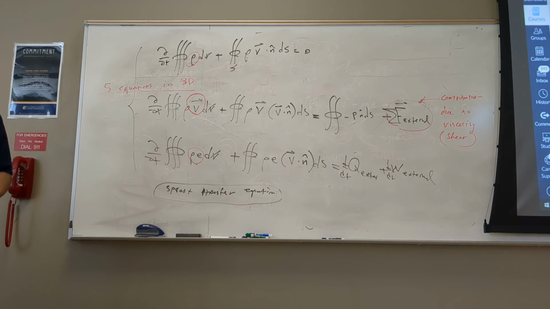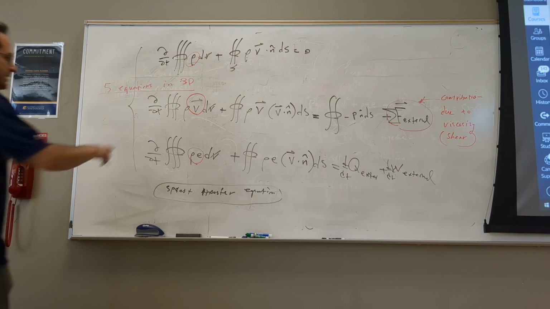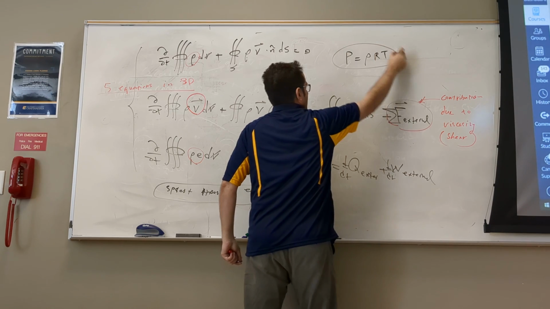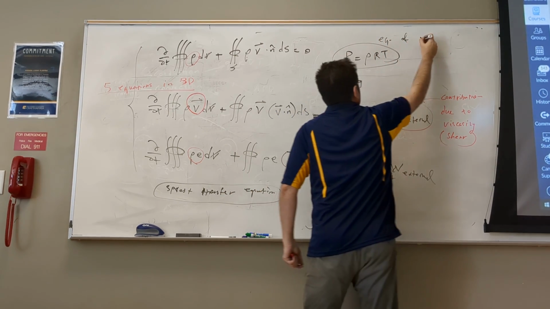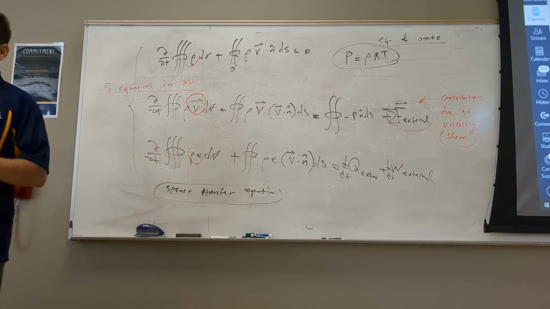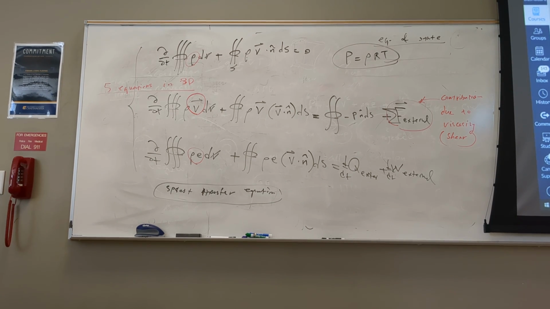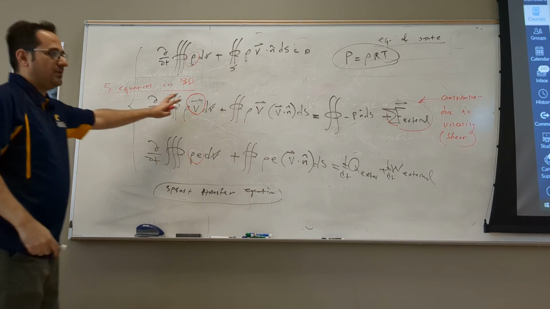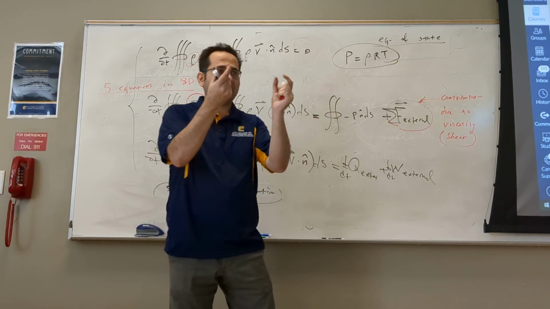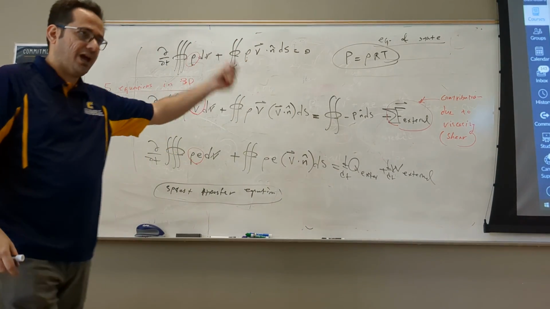If you can solve these 5 equations, you can solve every problem in the field of mechanical engineering, including dynamics, fluids, thermodynamics. On top of that, add the equation of state, P equals rho RT. Together, they call all of these the Navier-Stokes equations. If you can solve this, you can solve every problem. Now, next class, I'm going to convert these integral forms to differential form, the derivative form. And then we use that to solve actual practical problems.